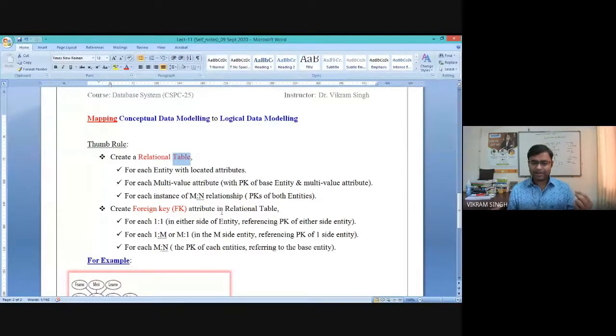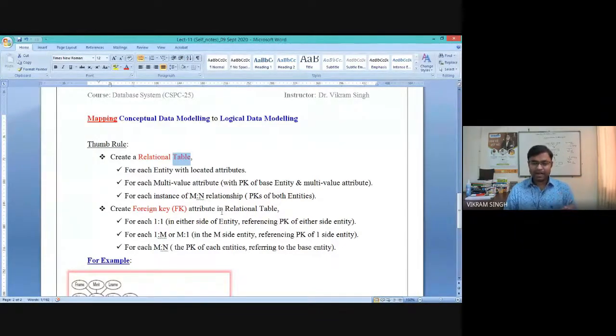If we place the m side entity's primary key attribute into the one side entity, it will create some problems, a problem which we have already discussed. It will create repetitive values of other attributes.